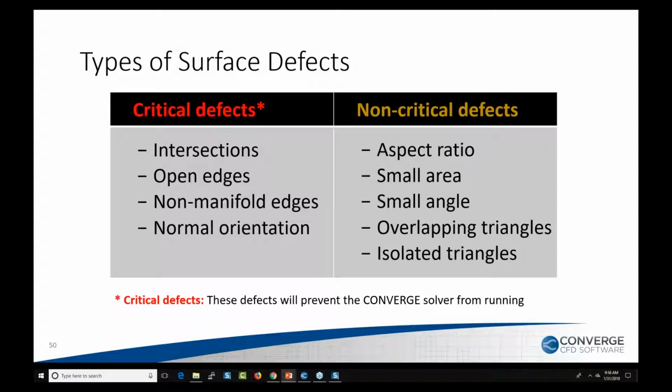We categorize defects in CONVERGE into two different categories. One we call critical defects, and the other set is non-critical. Critical because they will prevent the CONVERGE solver from running, and non-critical, they are not very important to clean, although sometimes the user may want to address those, but it's not important. So most of the time I do not address the non-critical defects. It does not really affect the performance of CONVERGE,